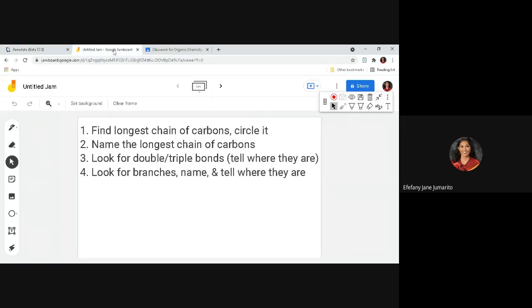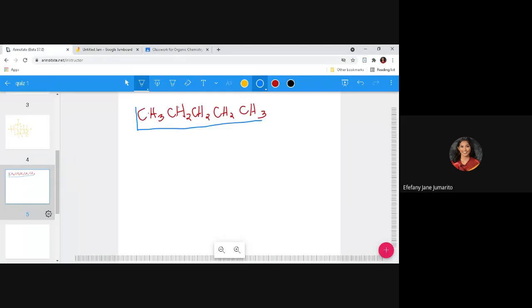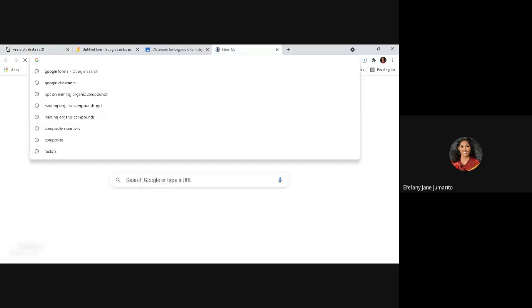And then we have to name the longest chain of carbons. When we name the longest chain, we will count how many carbons, right? Okay, we will count 1, 2, 3, 4, 5. Okay, so it has 5 carbons. Now, when it has 5 carbons,